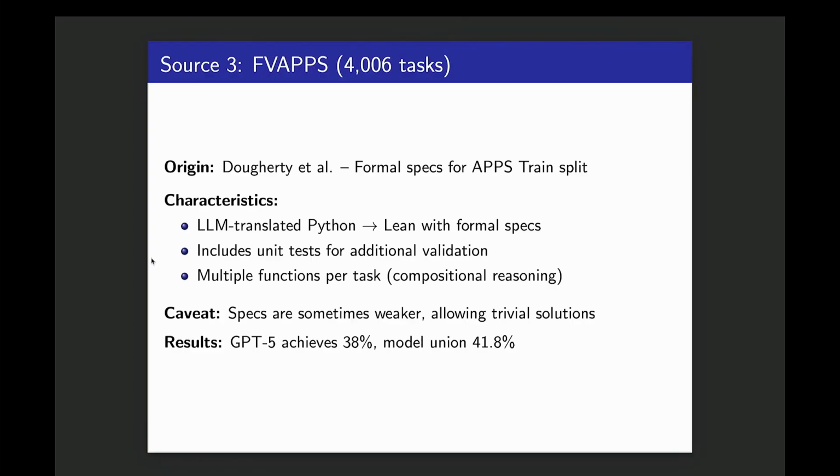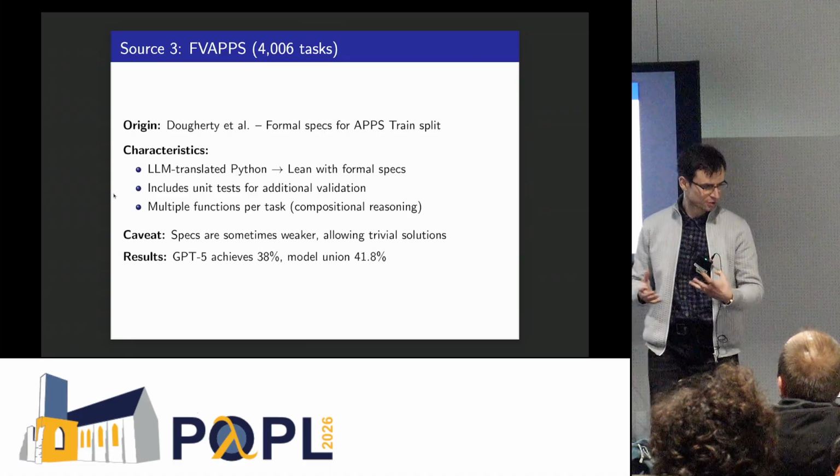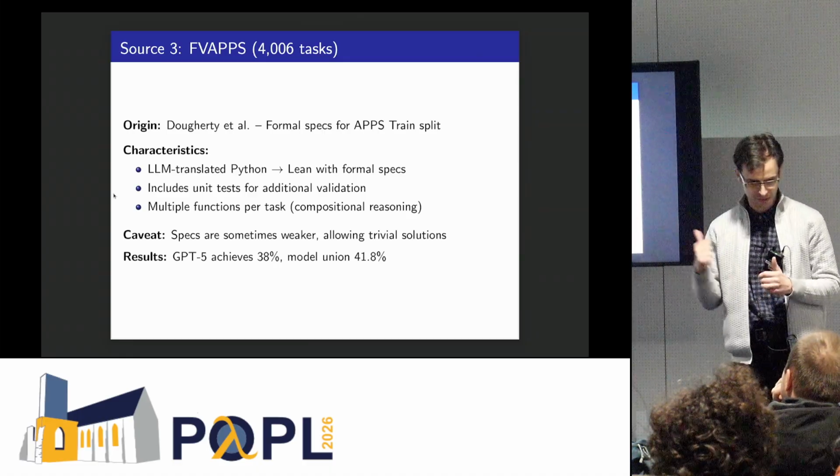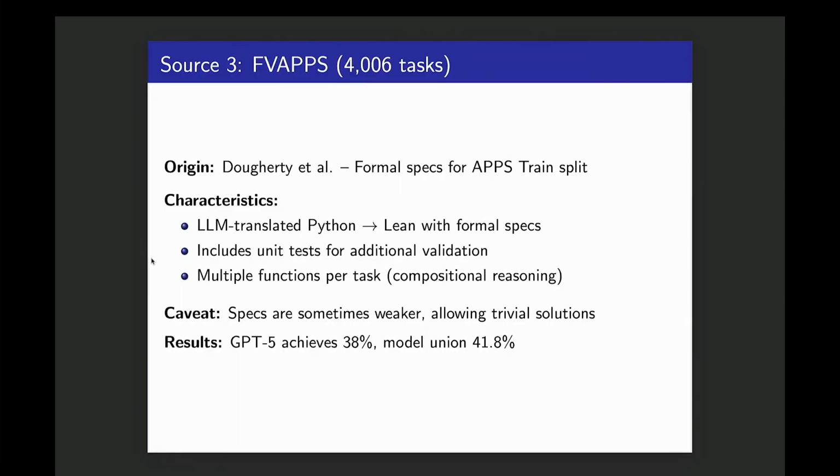VApps is a Lean set with 4,000 tasks. We didn't bother translating it because translation actually costs a lot of money when using the LLM. Since these tasks are relatively weak and some of them are trivial, the value is not clear, but Lean still struggles. We are surprised by this; we'll see the results later, but results in Lean are not great.